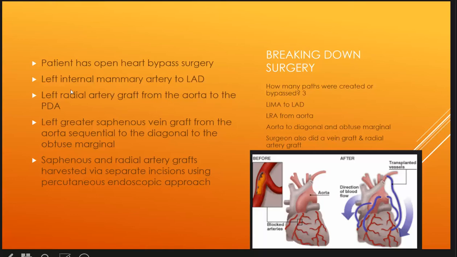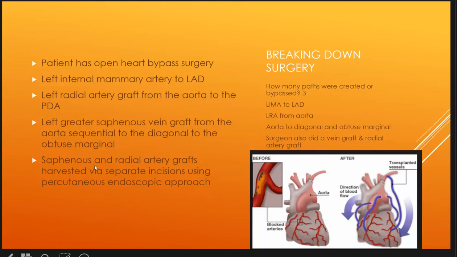He's having what's called a LIMA, left internal mammary artery, LIMA, to the LAD. LAD is the common abbreviation used in your textbook. Then he's having a left radial artery graft from the aorta to the posterior descending artery,